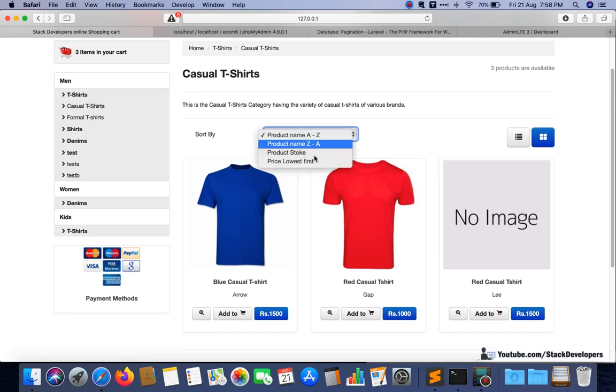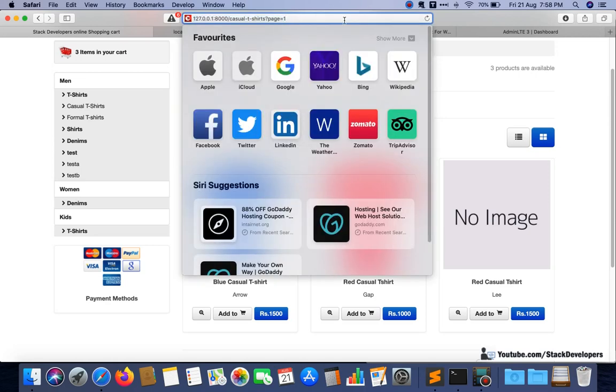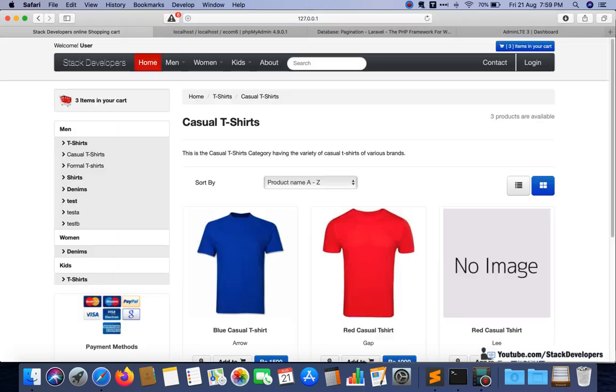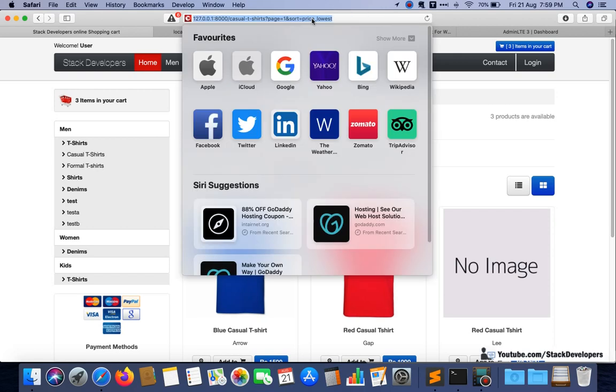For example, if I sort by price lowest first, I will send something along with it, like sort equal to price underscore lowest. I am just giving an example.